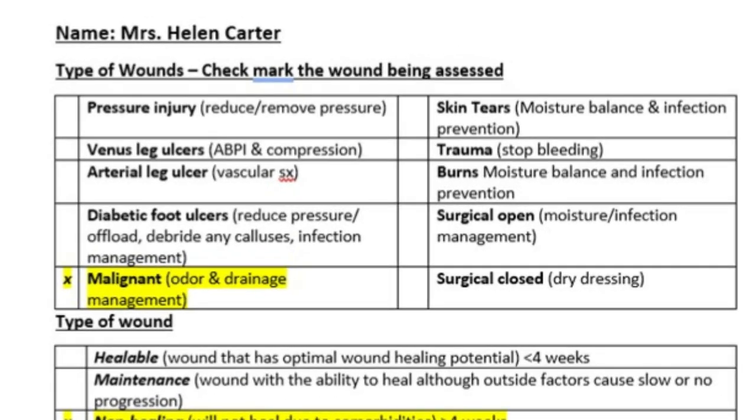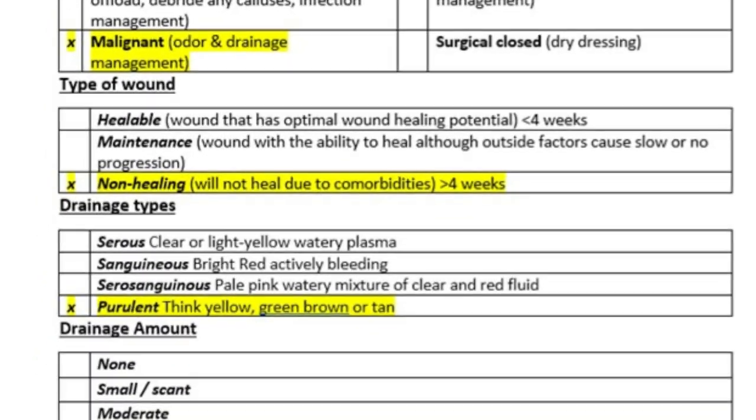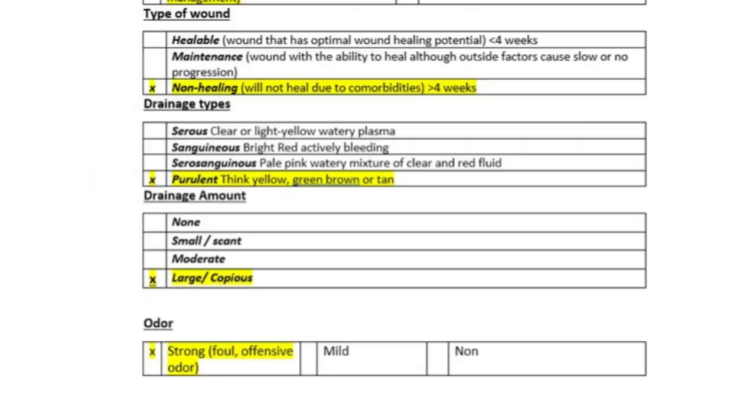Okay, so odor and drainage management, also infection management. We want to make sure that we are controlling those three things with malignant wounds. It is a non-healing wound, so this isn't something that we're going to be able to heal, but we need to manage the symptoms and issues that arise, just to make it a little bit more comfortable for